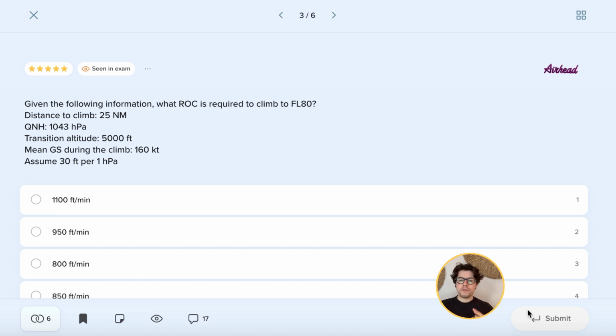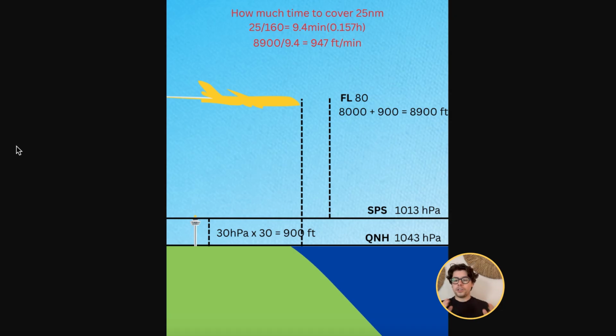And now for these questions, there are quite a few rules of thumb that you need to remember. The best advice I can give you is to always draw it on a piece of paper. It makes it much, much easier, no matter how simple or straightforward you believe the question to be. I have created such an illustration to show you more or less how it looks